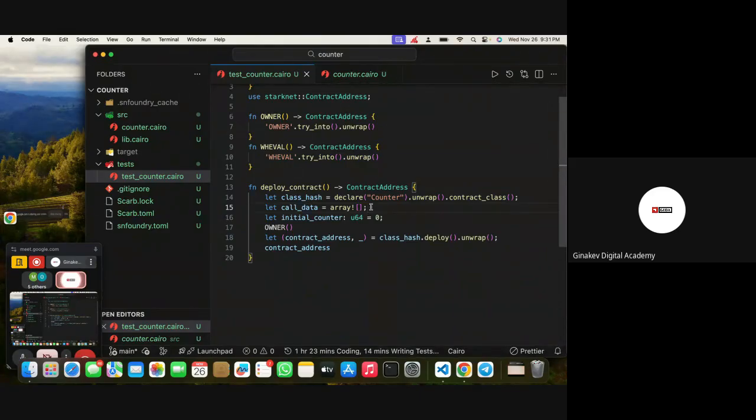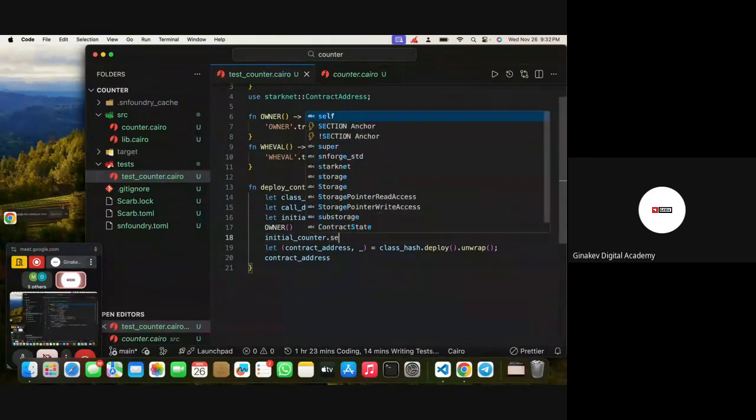Serialization is basically just converting the data type into the corresponding, I think, byte code or so. So that's what is going to be passed into the array, right? Basically, we just want to serialize it into the array that we created. To do that, we can just say initial counter, which is the value of 0 here, and we're going to call the serialize method,